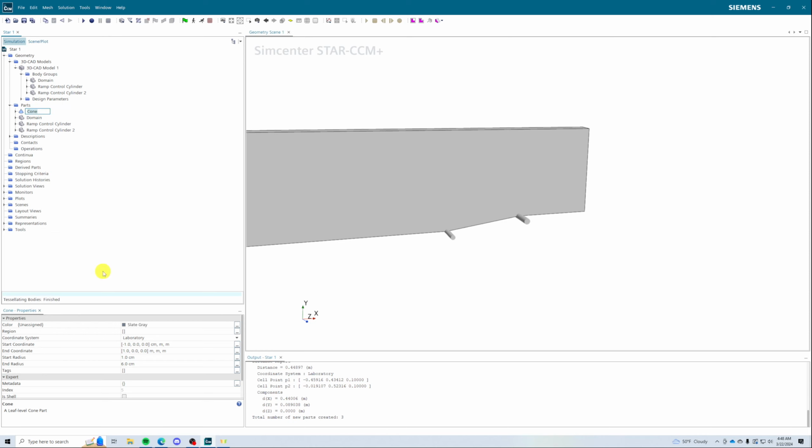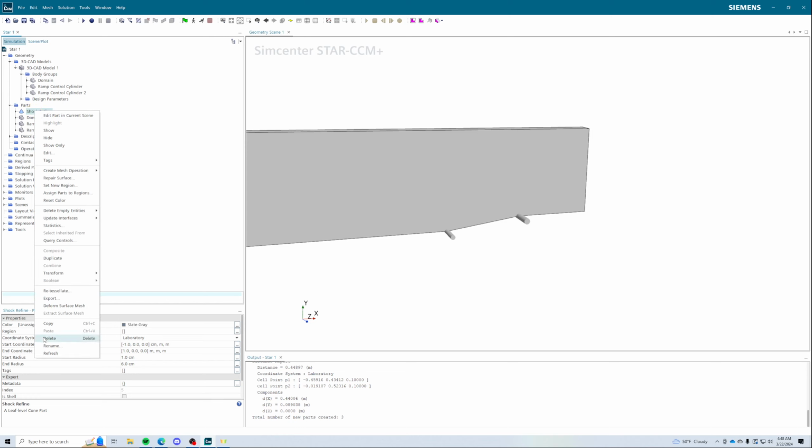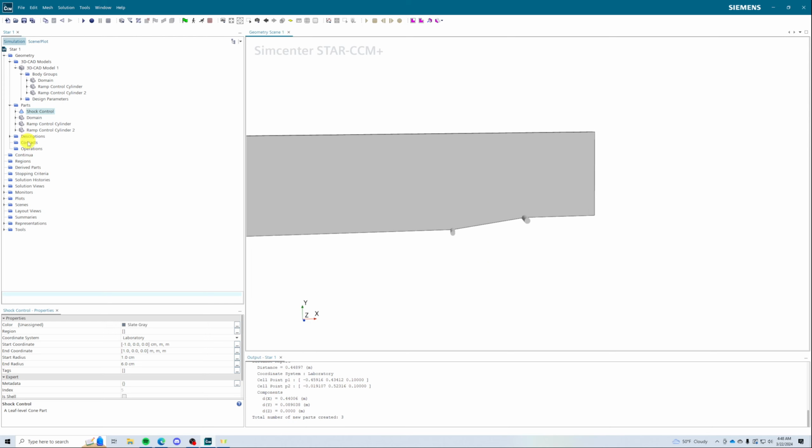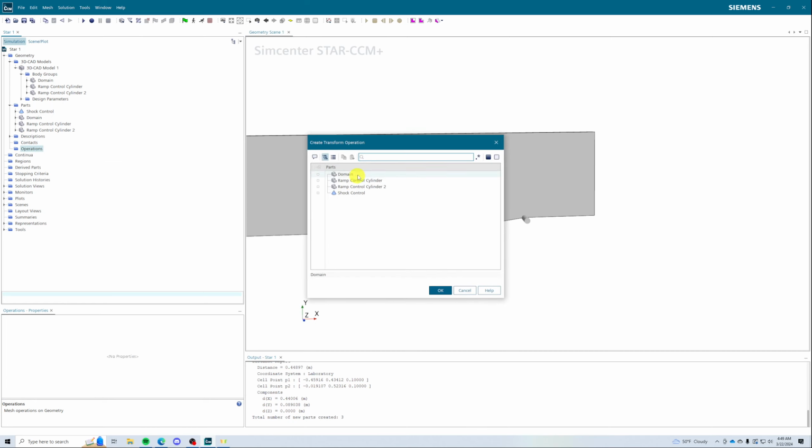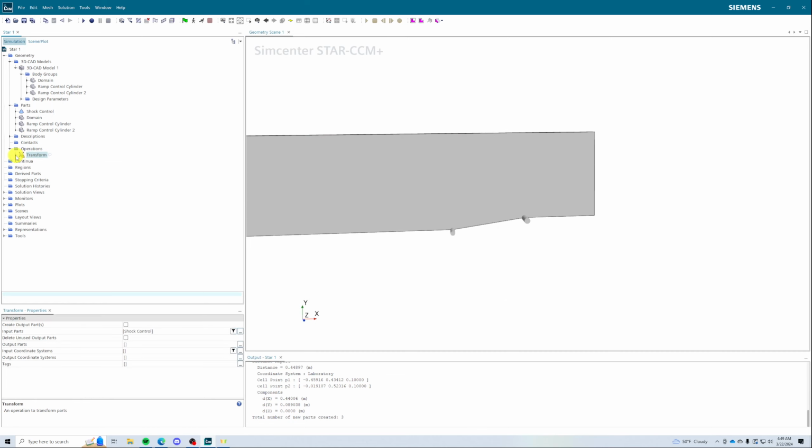So this cone is what we're going to use to refine the shock wave. Call it a shock refine, or actually shock control. And notice I just left it horizontal. That's because I'm going to rotate it. So I'm going to rotate the shock control